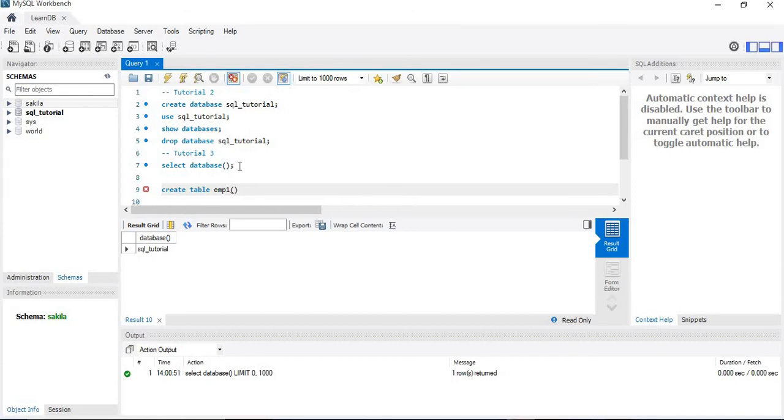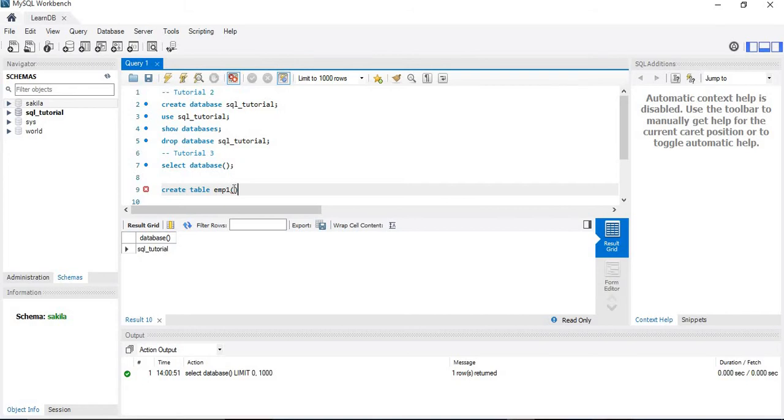In this whole tutorial, going forward, we mainly focus on retrieval commands, that is the select command. For that we are creating the table, and we will create some more tables to show the join operation and many more operations. Keeping that in mind, we will create tables like employee, department and customers. But for now, from the demo point of view, we are creating the table to show how to create it.